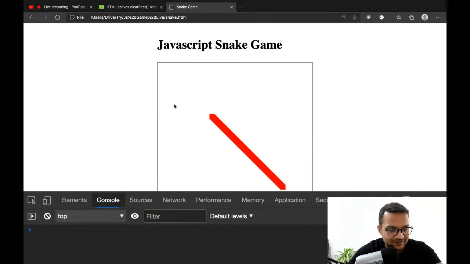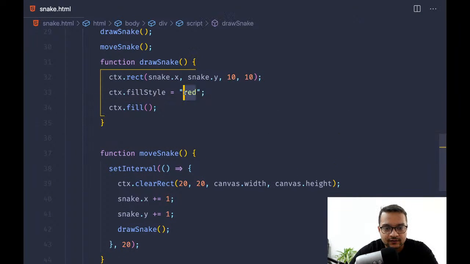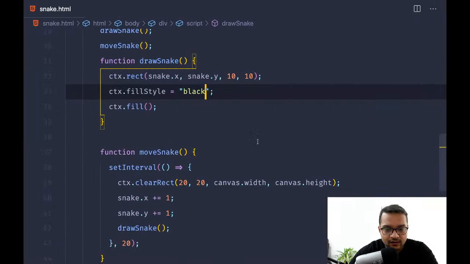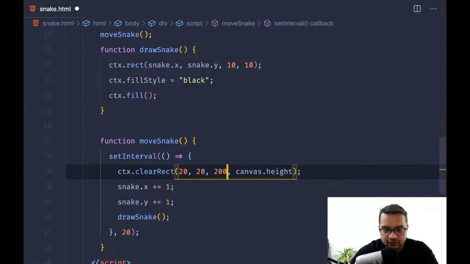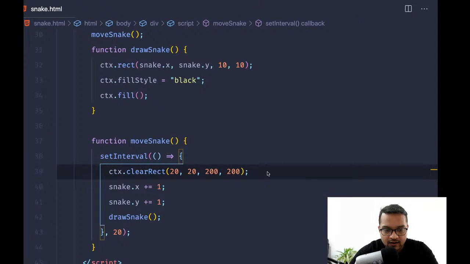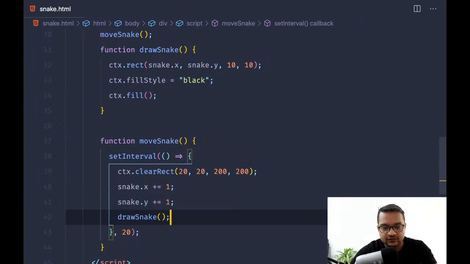Anyone can help me? Not so many people, but if you can help me on this, why it's not working? If I say 200 and 200, draw a snake is correct,